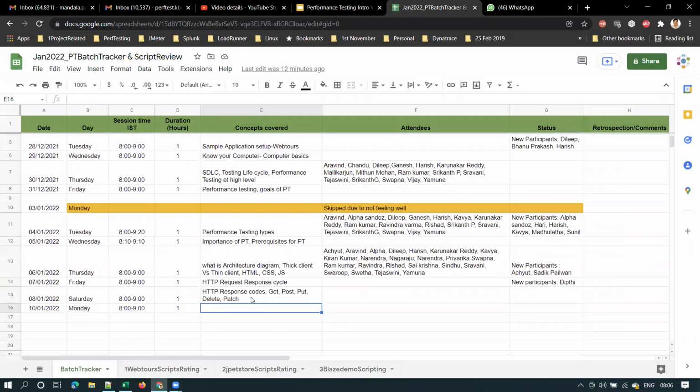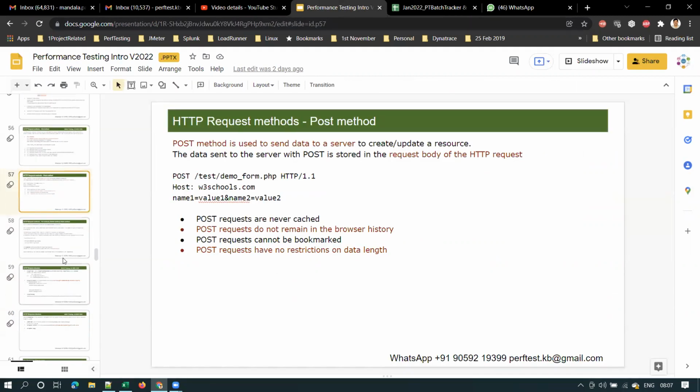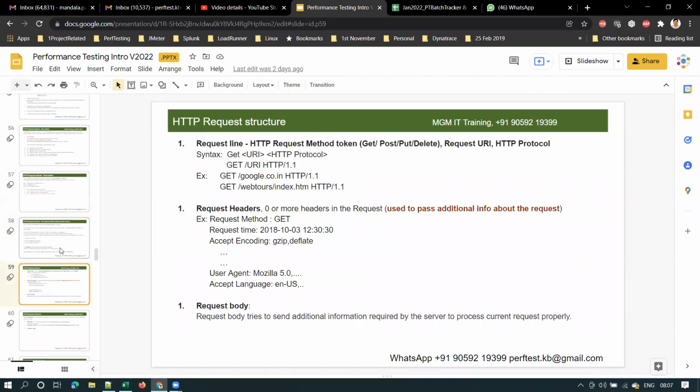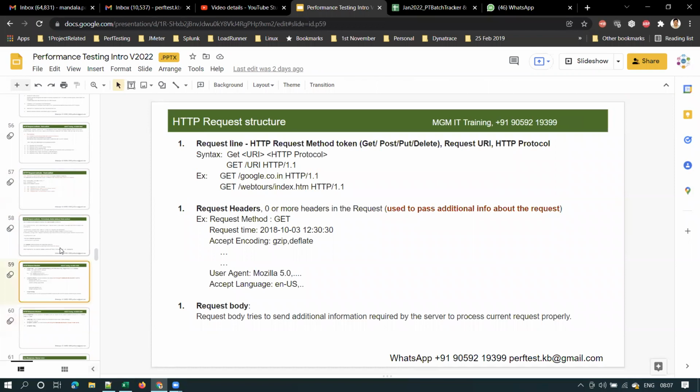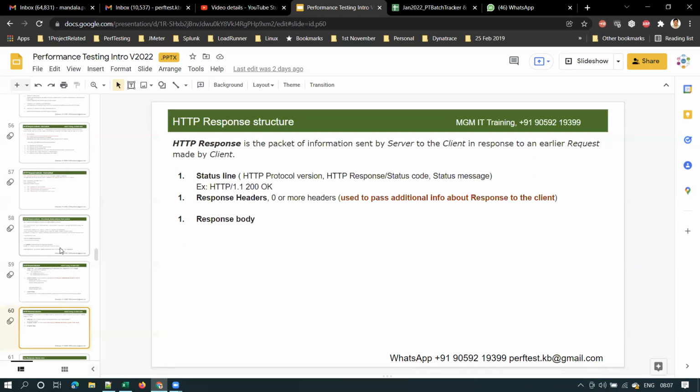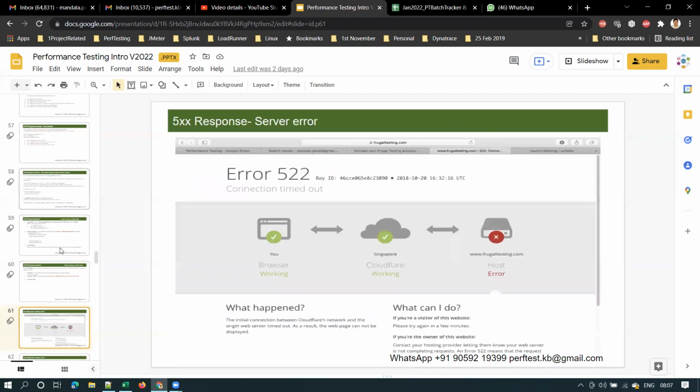All right. So let's move on to the next concept. Before starting the tool, I want to cover HTTP request structure, response structure, and then we'll start with the tool. Most probably from Wednesday we'll start JMeter.